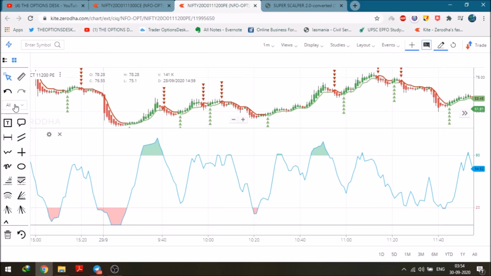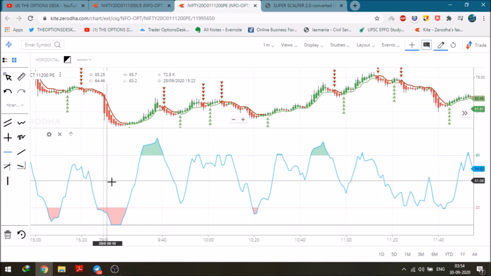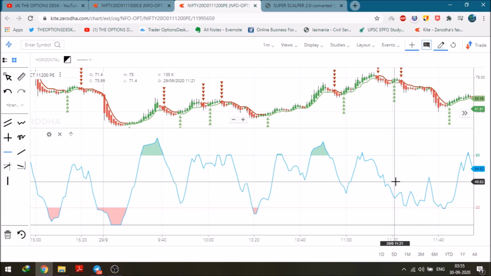Go to all. Then click on lines. I'm explaining step by step, and click on this horizontal. Once you move the cursor and wait for 1 or 2 seconds, it will show you what you are going to plot. So horizontal. Now I have to see the values are coming here. Okay, so I will plot it at 50. Let's see. Okay, so 49.82 is also fine. That doesn't matter with 0.1015 plus or minus. That doesn't matter. I plotted this.